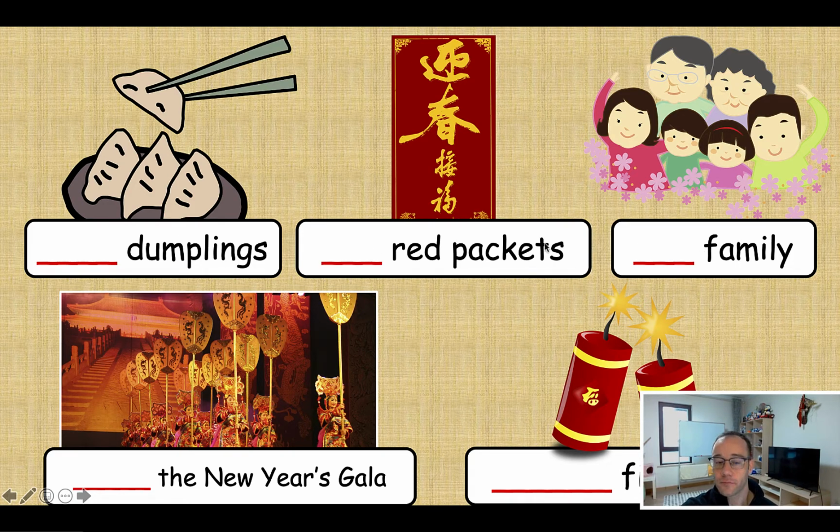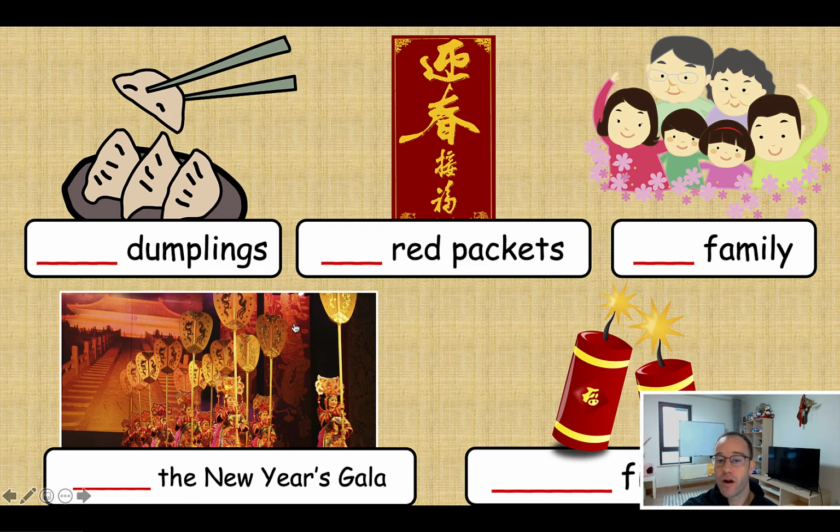Okay, so before doing this, you can go through each one. You can say blank dumplings, blank red packets, blank family, blank the New Year's Gala, blank fireworks, and then call on teams one by one to raise their hand and choose one. They can choose whichever one they want. Okay,